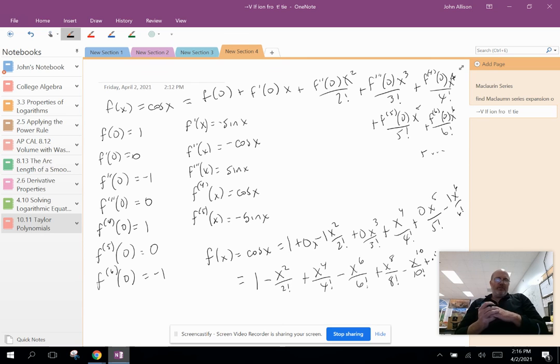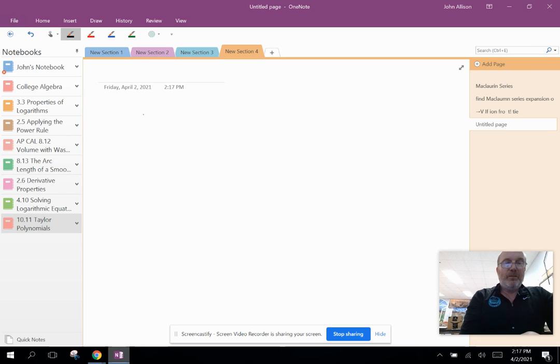You can similarly do one. I'm going to leave it for you to do the Maclaurin series expansion for f of x equals sine x, because these are really, really important series that we see often. They're going to lead to some really cool results, including what I'll show you when we get back to class. This is going to help us to see one of the things you may or may not have encountered before, that e to the i theta is going to equal cosine theta plus i times sine theta,